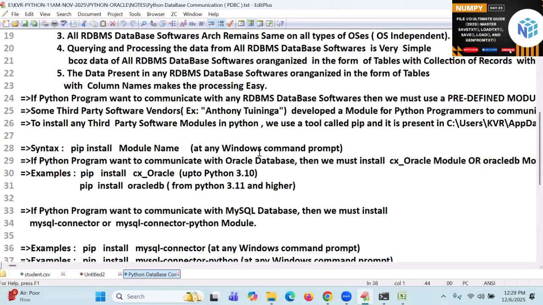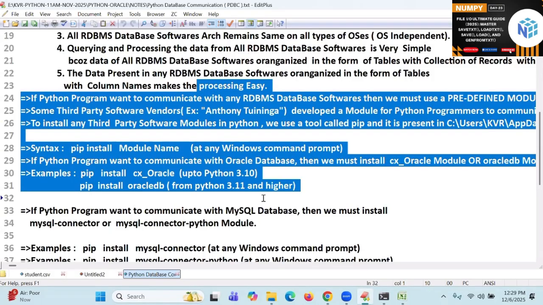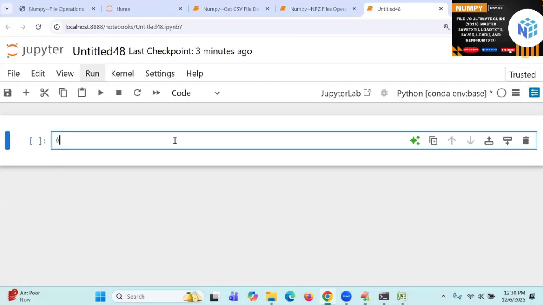When I completed this database communication course, you already know what the Oracle DB module is. I'm directly using that. Actually, you are supposed to use pip list. It will show all the modules present in Jupyter Notebook.